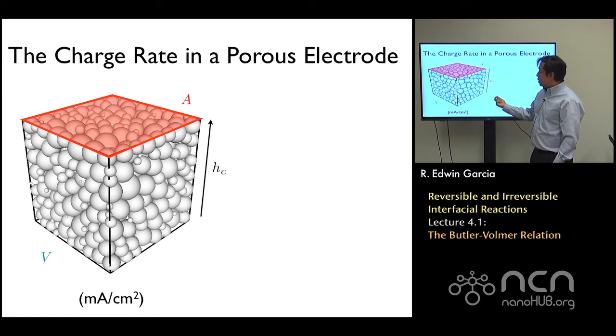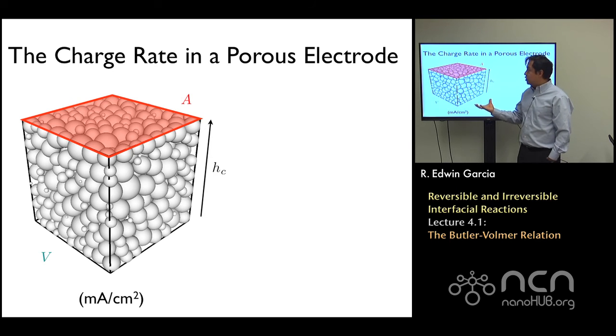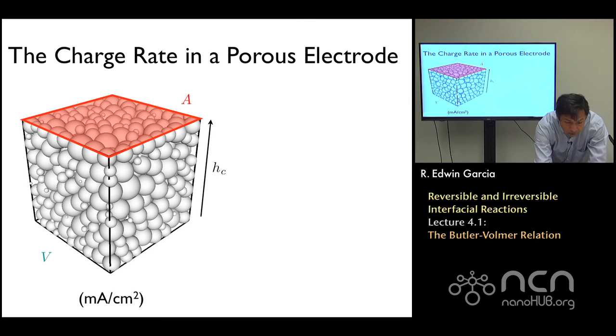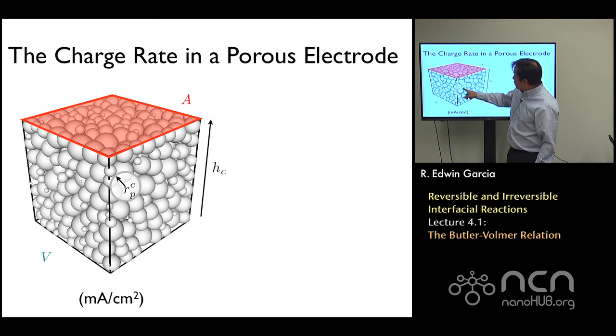Okay, and I would like to really try to use those relationships that now I have developed as a means to understand how the particle size and the porosity are impacting the charge rate accumulation. So if I do that, what you will find is that, even though, as you now know, you have a particle size distribution, it may be Gaussian, it may be perfectly monodisperse, it may be log normal, you may have clusters of some sort, you can think of a representative particle Rp that actually is really controlling it,